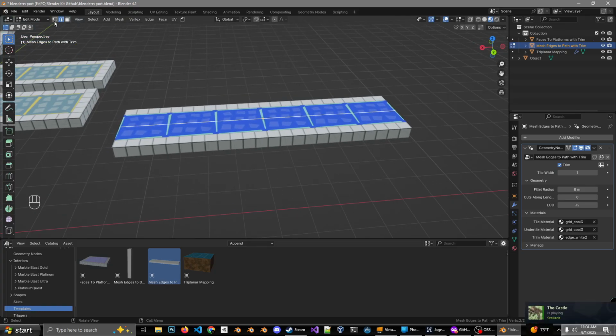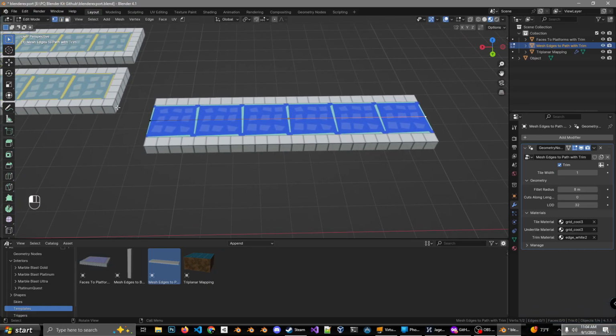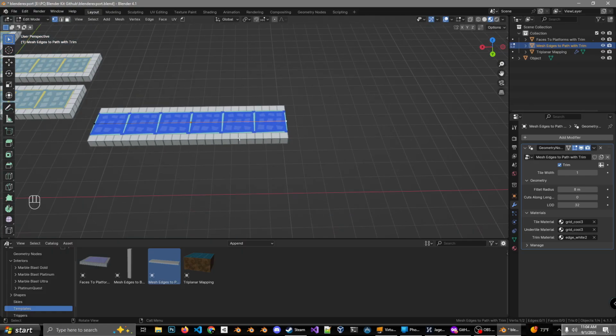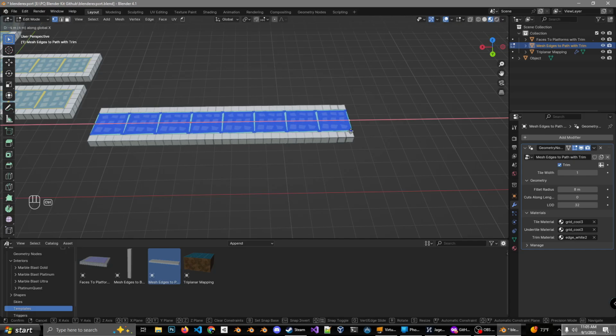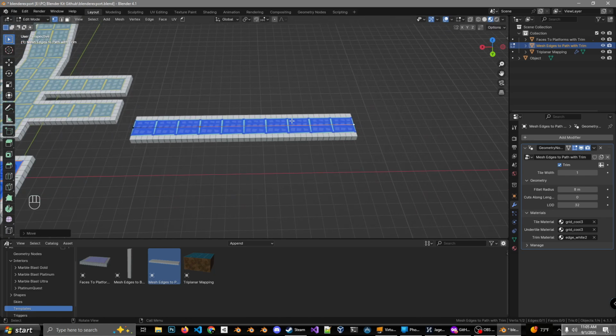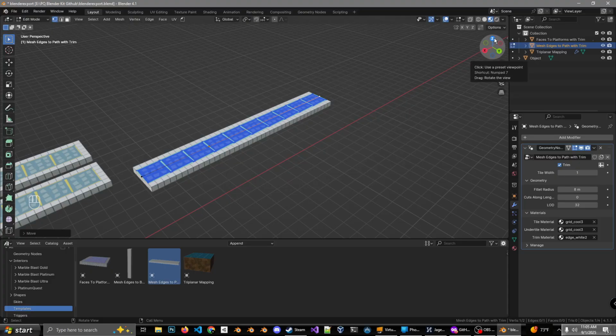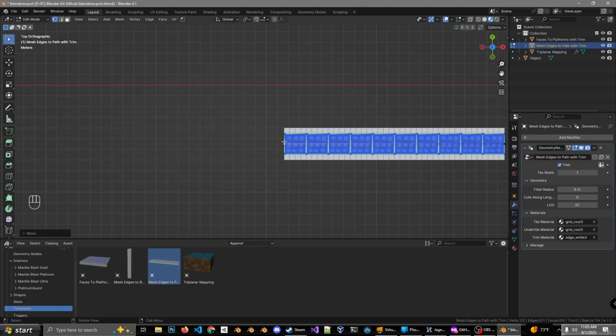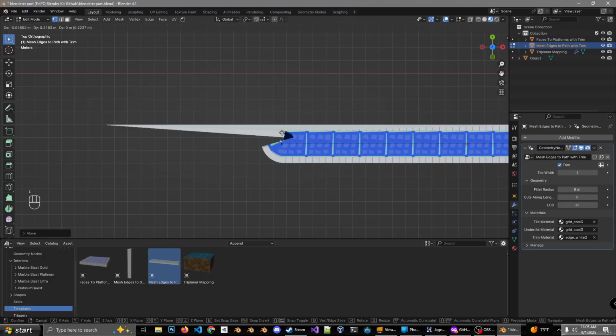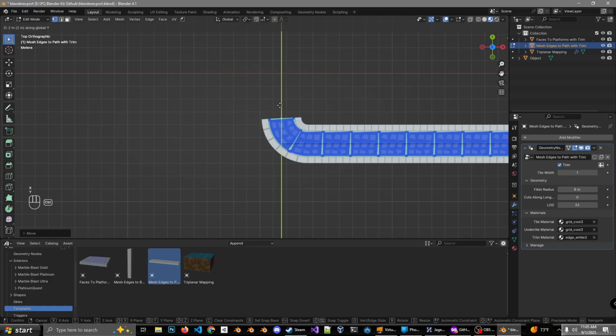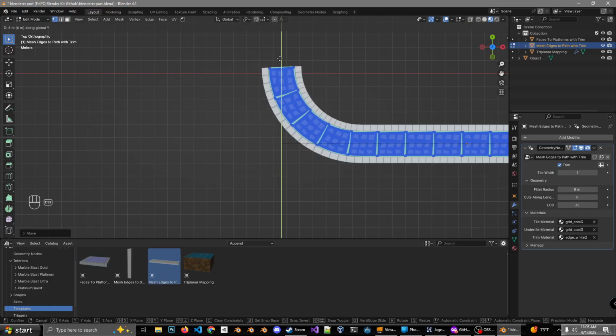So for this, I recommend going into vertex selection mode. We can basically select the vertices of each end here. You might know where this is going, but if we select the end here, press G, and lock it onto the X-axis. Hold Control, and we can just extend it like this. However, the biggest difference here is that, let's go into orthographic view just to make this easier to demonstrate. If we press E to extrude, and lock this on the Y-axis,